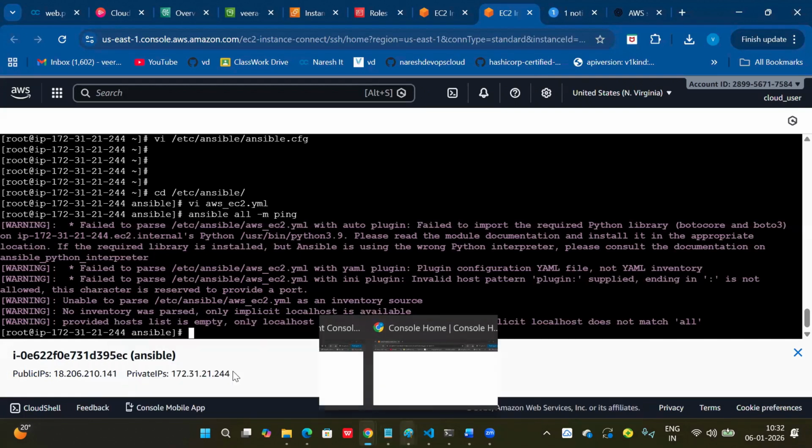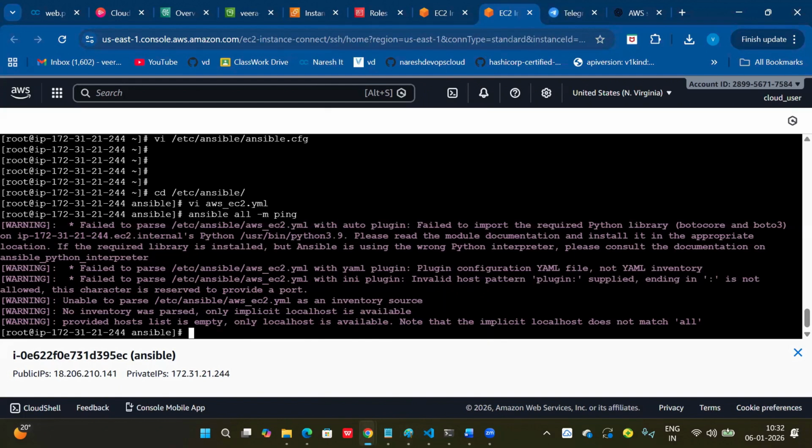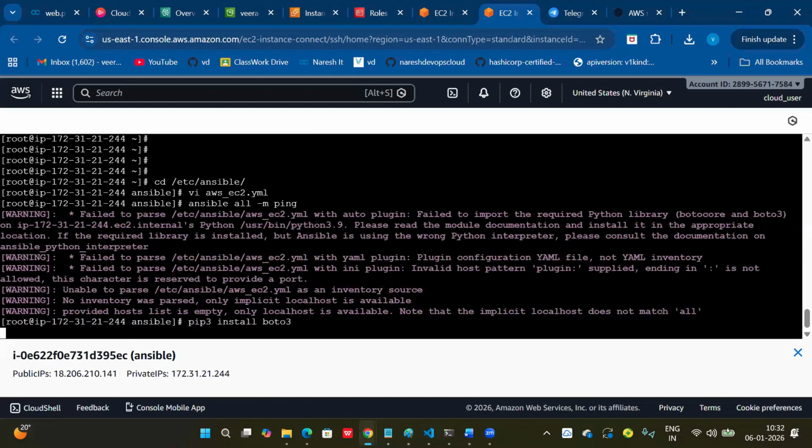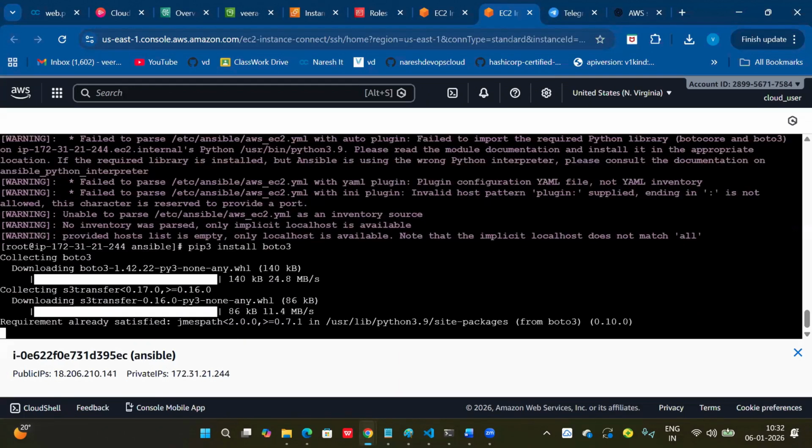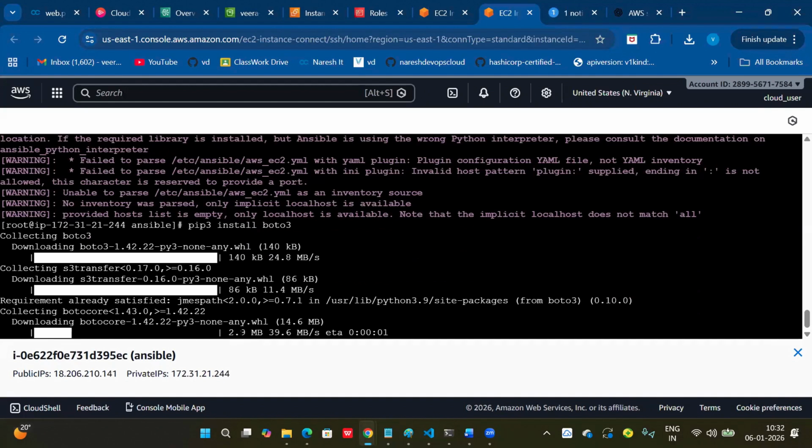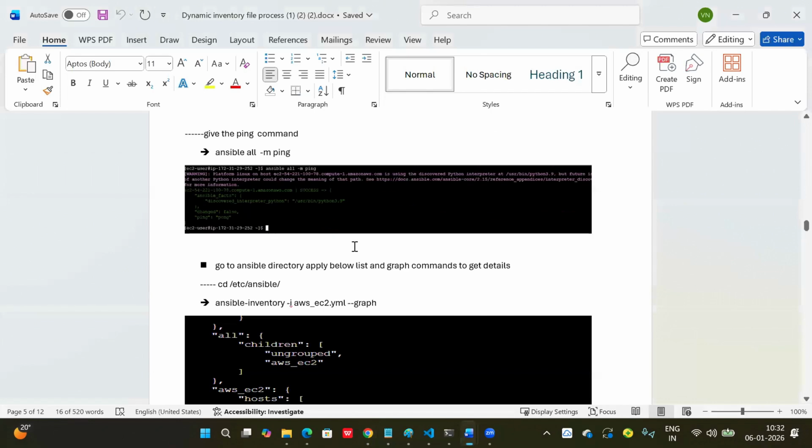Okay. I missed one thing: we have to install boto3 here. That is the missing pip install that this plugin needs. I think I added it in the document, but maybe I missed it.